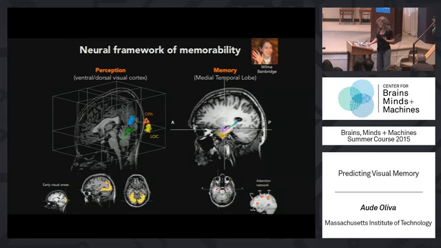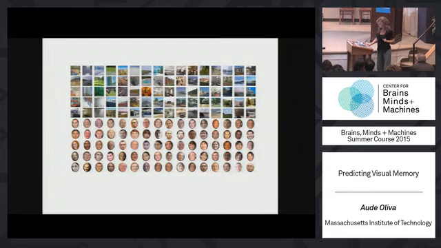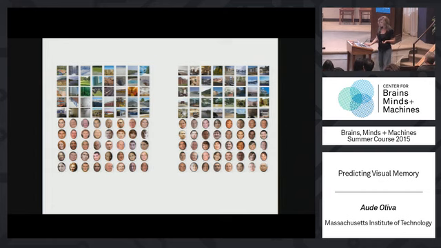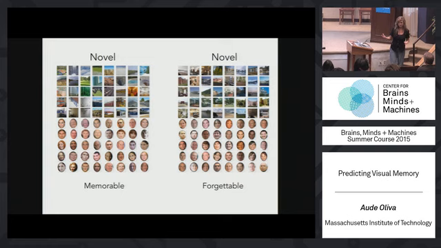And here is the very simple experiment we ran. We took a collection of faces and scenes from the 1,000 we have, and everyone will basically separate those two by looking at the regions that are more activated for scenes versus the regions more activated for faces. We split it that way between the memorable and the forgettable set.